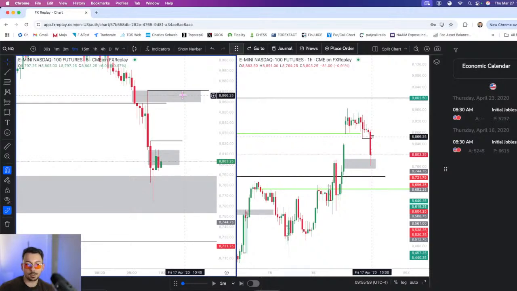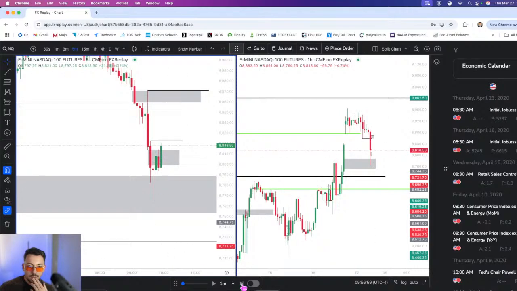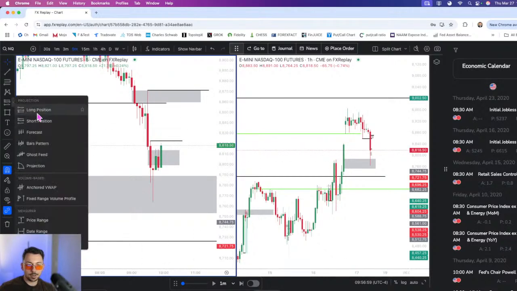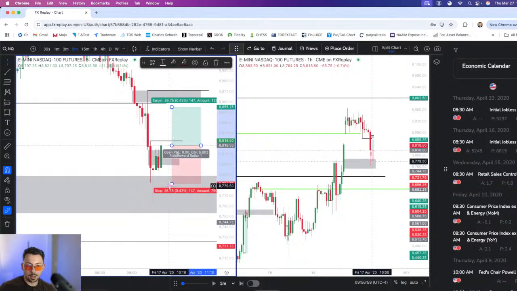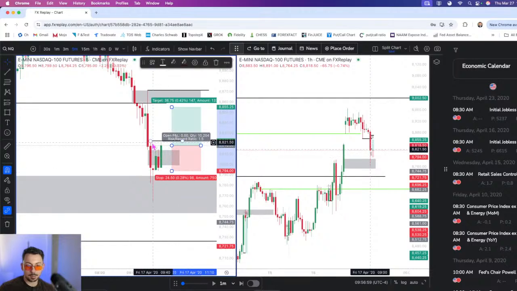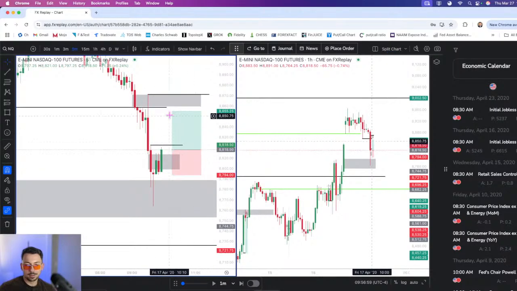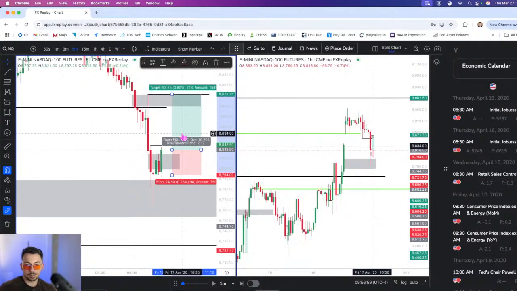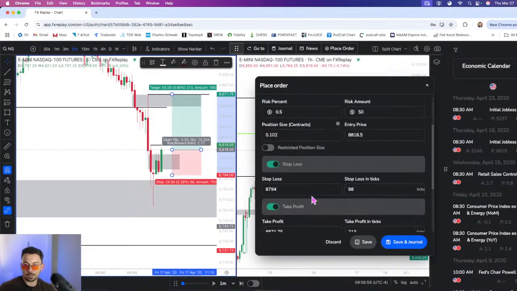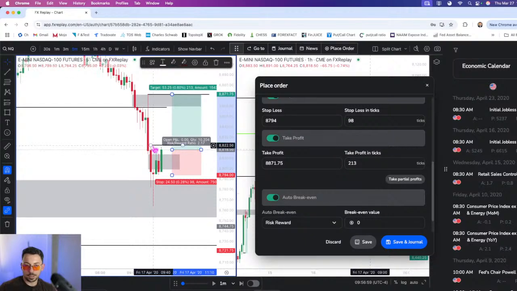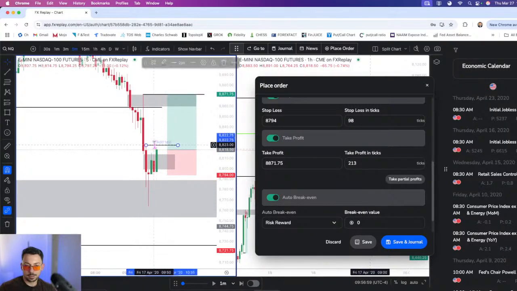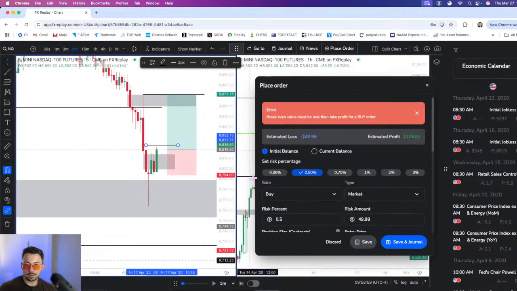30-second entry. I'm not going to do a 30-second here. Okay, so this is actually an entry for a trade. So I'm going to enter long here. But unfortunately, the tough part about this is that my stop to break even has to be right at this high. So it's probably going to be a stop out trade, but let's see if it ends up being a free trade. So let's place the order. Let's do 0.5%. Auto break even at 8822.75. Save it.